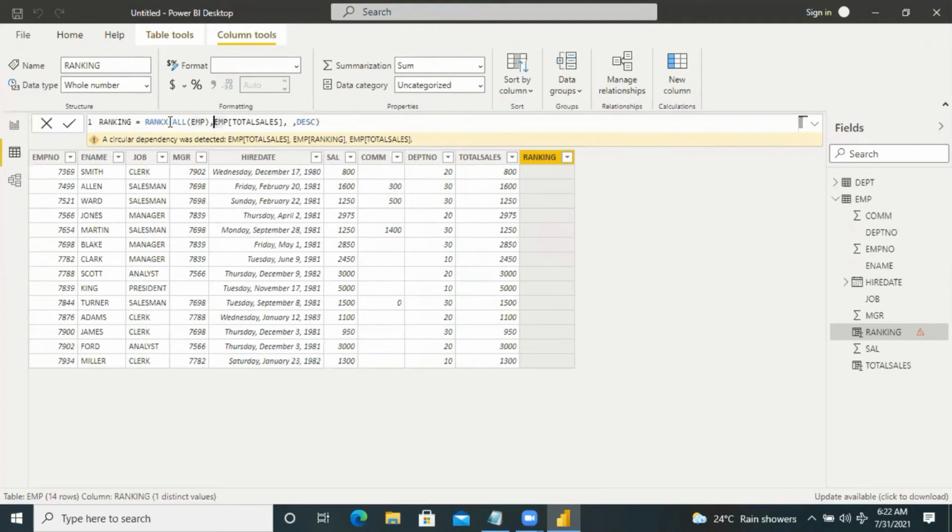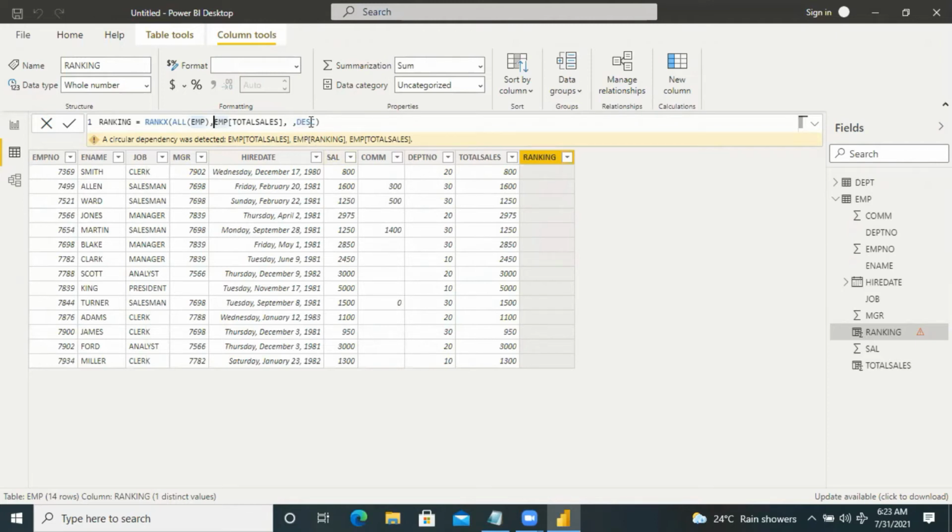So you can try this rank function in your machine. The table is here, I'm taking the EMP. Here I'm taking the ALL function for all the data of the EMP table. Then in place of the expression, already we calculated the total sales here. That measure here I'm taking. Then comma, in place of the value, I'm skipping the value.